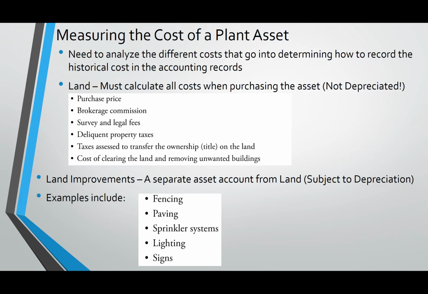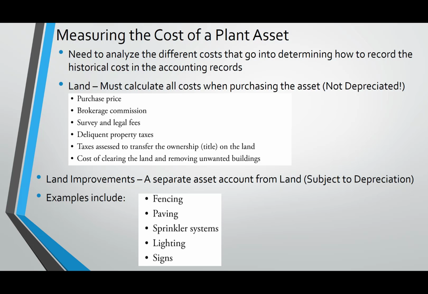Land specifically is not depreciated because it has an unlimited useful life. But when we think about calculating the cost to acquire land, we have to think outside the box here. Not only do we include the purchase price, we include any brokerage commissions, survey and legal fees, delinquent property taxes, any taxes assessed to transfer the title on the land, and this is one that's often not included or thought of, and that would be cost of clearing the land and removing unwanted buildings. Really anything that's going to get it ready for use would be included here. So once we would determine all of these costs, we would add all of them up and we would debit